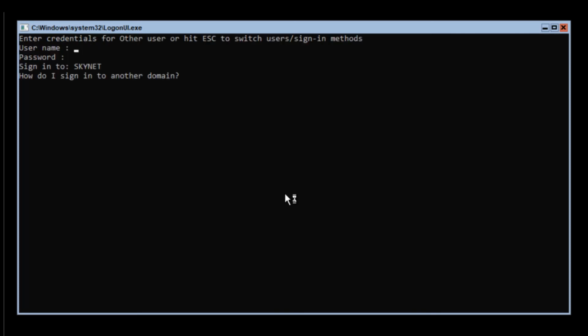And we're going to sign in as a local user in this instance. And the way to do that is to